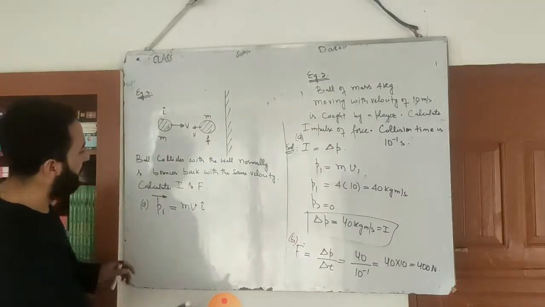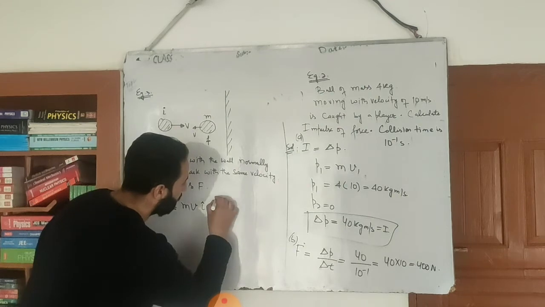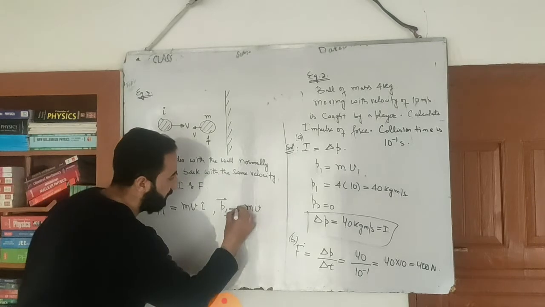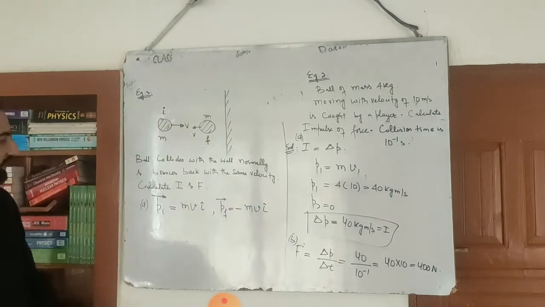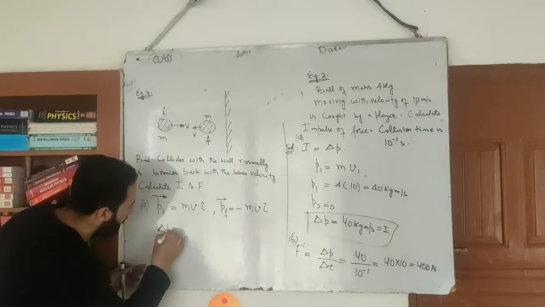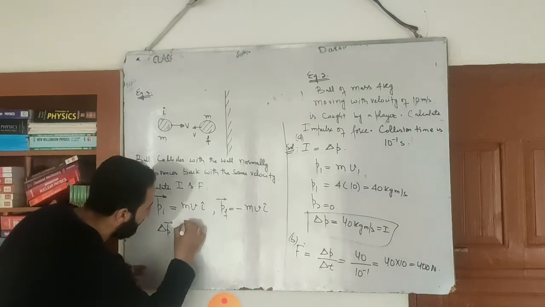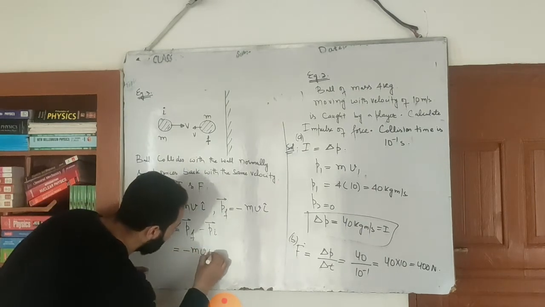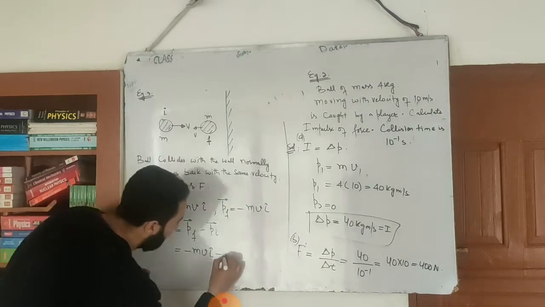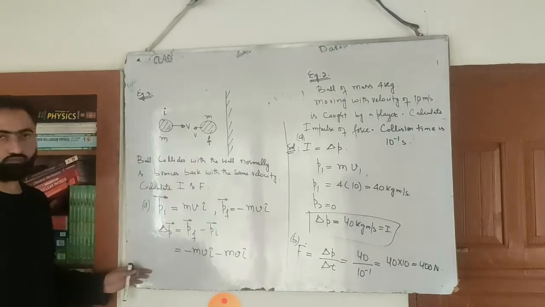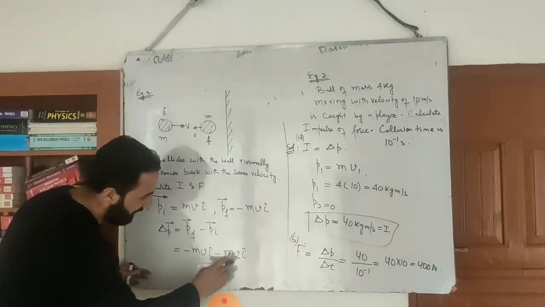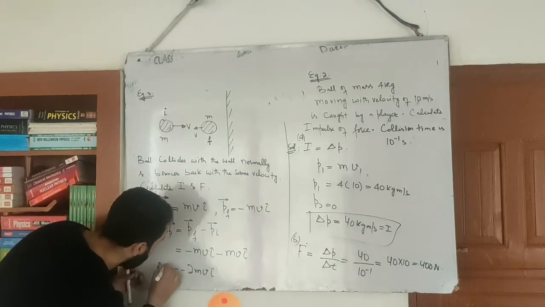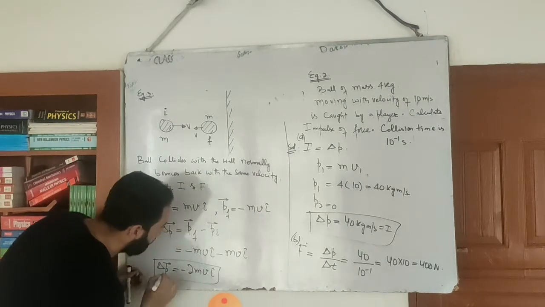Okay. And final momentum, how much is the final momentum after collision? That's again m multiplied by v, but it's in this direction, so minus i cap. The next is to calculate delta P. Delta P will be equal to final momentum minus initial momentum. Final momentum is minus m v i cap, then this negative sign, and this m v i cap. So simply minus mv i cap minus mv i cap will be equal to minus 2 times m into v into i cap. This is delta P. So this is the change in momentum, and this is also equal to impulse.